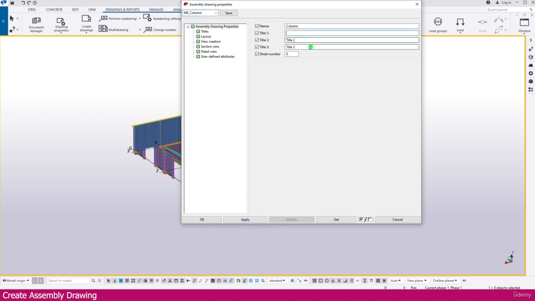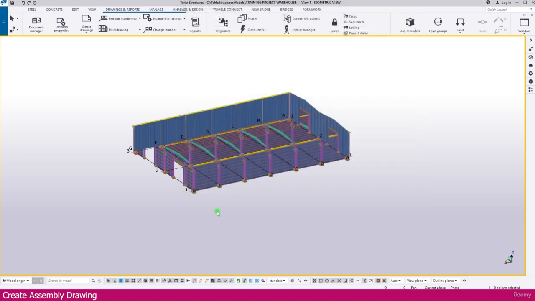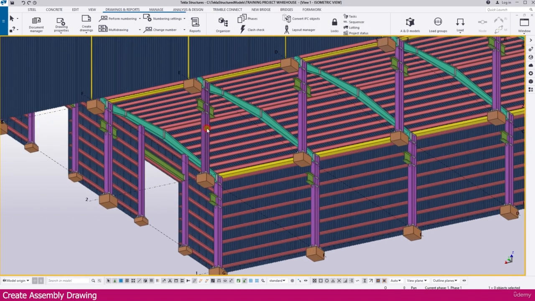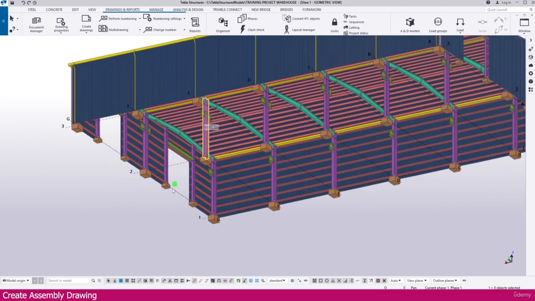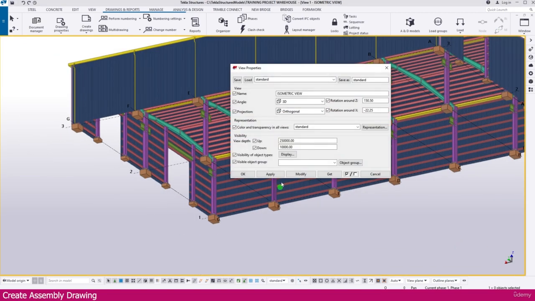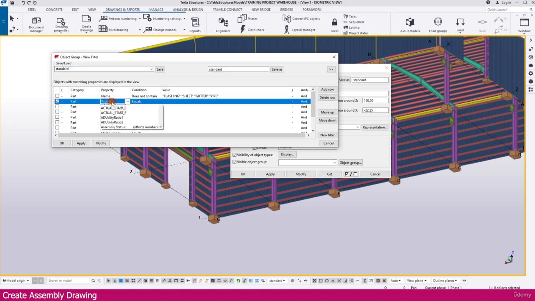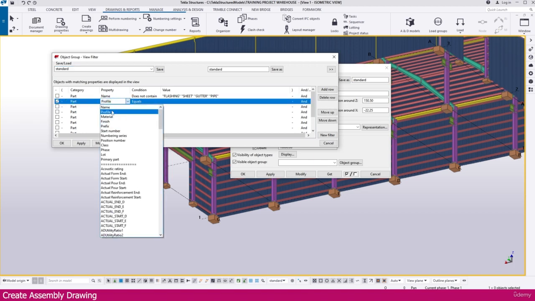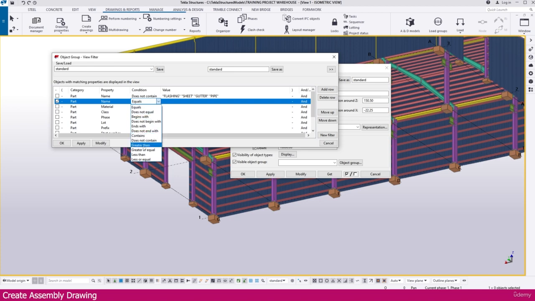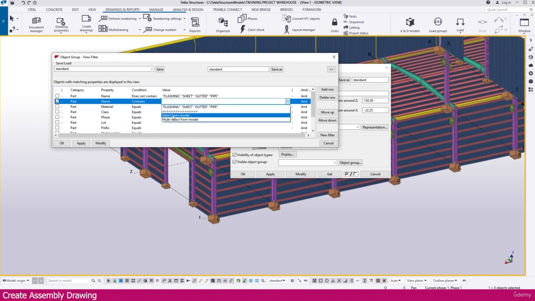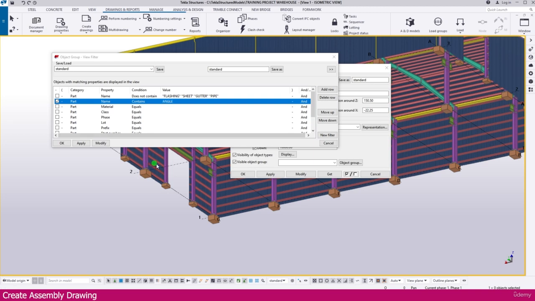We don't want any text here. Delete it, then apply and click OK. Now you can select the column or you can filter the column. Now I just double click outside, then go to the filter. You can select any part. I make it part name, make it contain, then click here, select from model. I just click this column,